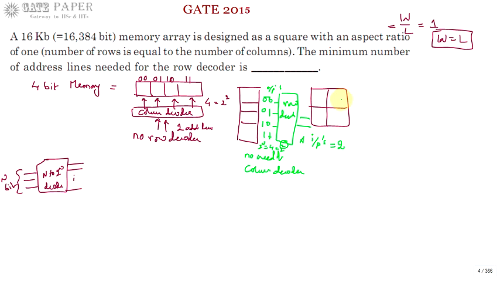Similarly, if you are going for the square array, it has 2 columns. So the number of columns is more than 1. So definitely you require a column decoder to instruct whether the system is pointing to the 0th column or the first column. Similarly, a row decoder is required as it has 2 rows, which is greater than 1. Now, for this one, we require a column decoder, and for this one, we require a row decoder.